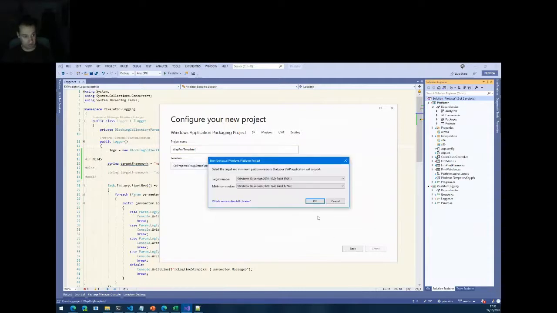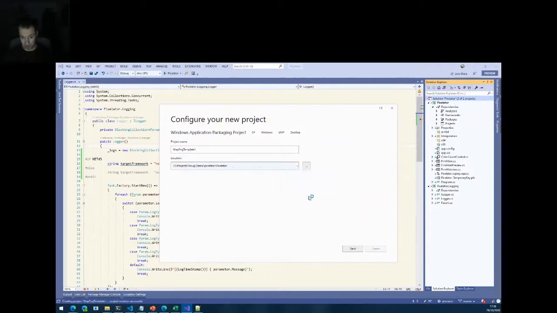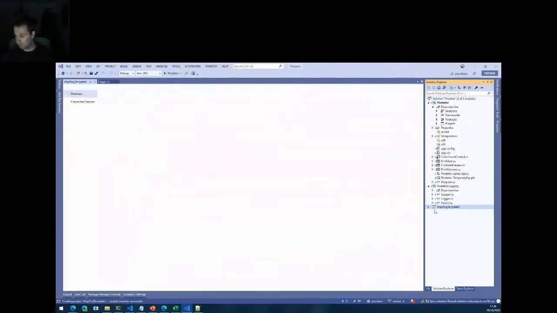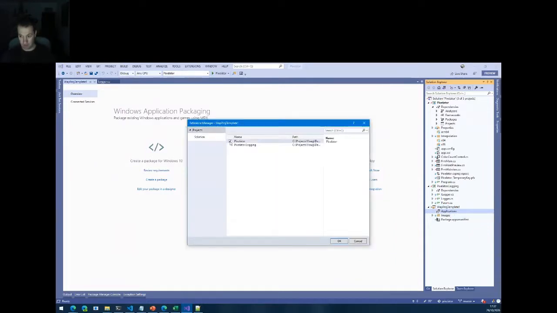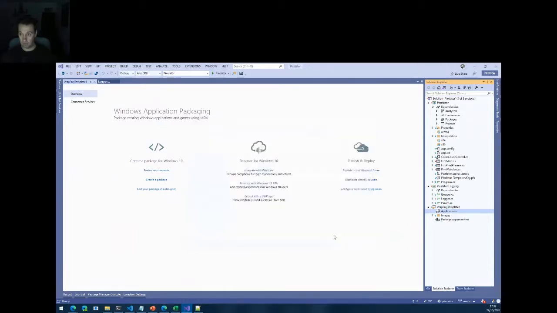Give it a meaningful name. You need to select a target and a minimum version. Let's just leave it at default. And here it is. This is my installer project. If I right-click Applications, I can add a reference, select my WinForms project.